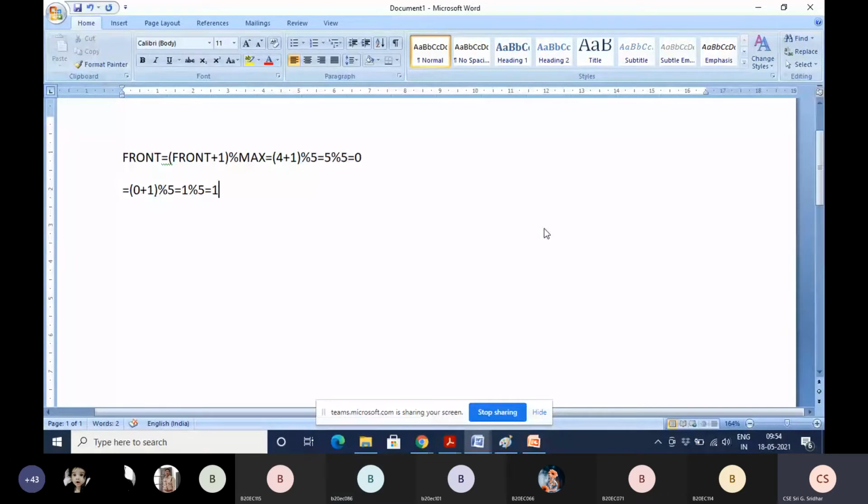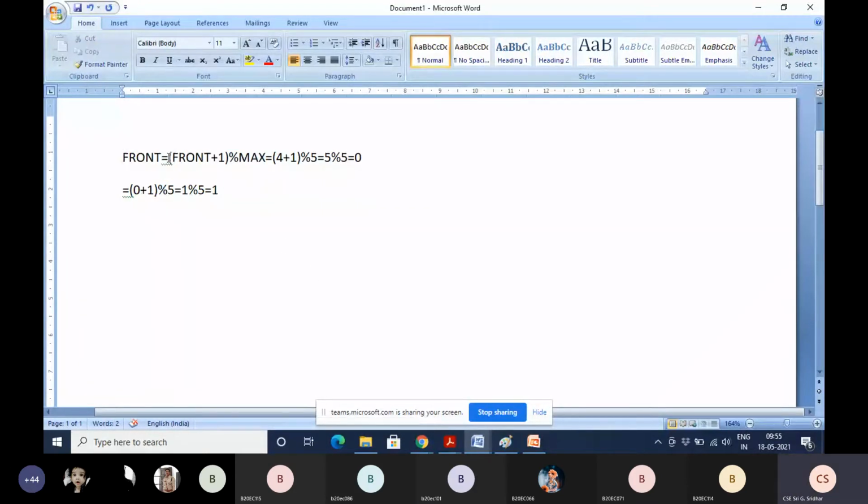Like that, if front is pointing to 1 and you perform front plus 1 modulus max, what result will you get? You will get 2, which is equal to front plus 1, isn't it? Yes. Even if you perform front equal to front plus 1 or front equal to front plus 1 modulus max, you will get the same results.